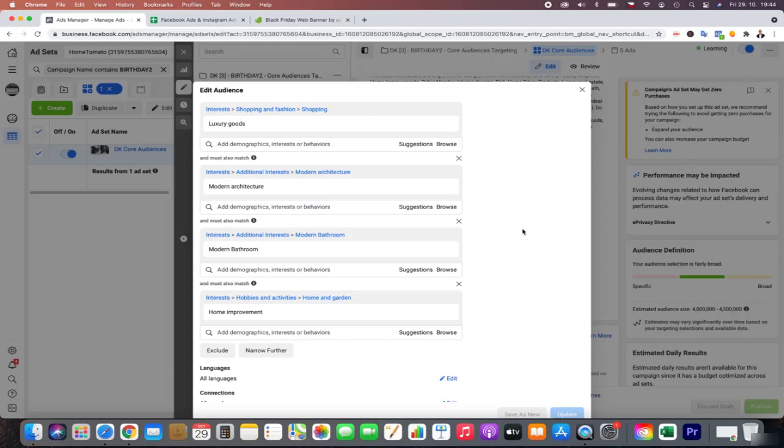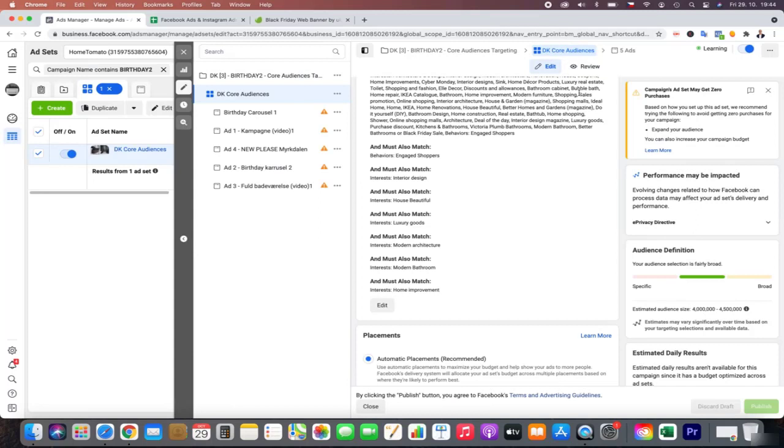And you really need to put a lot of honest energy into thinking how you will create this step-by-step funnel. So you create something more broad for reach, then quite broad for engagement, and then really precisely defined for core audiences. And then of course you also apply custom lookalike audiences.